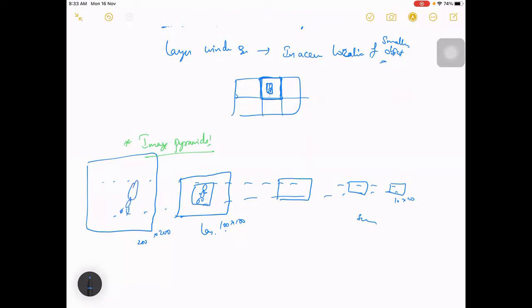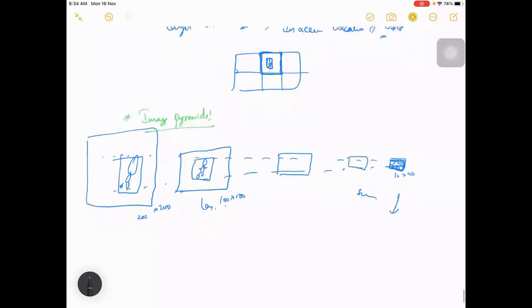Because you are stretching the image, it will be able to fit. Similarly, if there is a larger object, say your car, then for the same window size, it will be able to fit these larger objects.